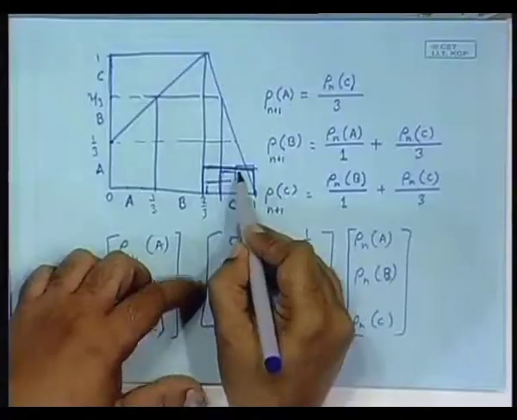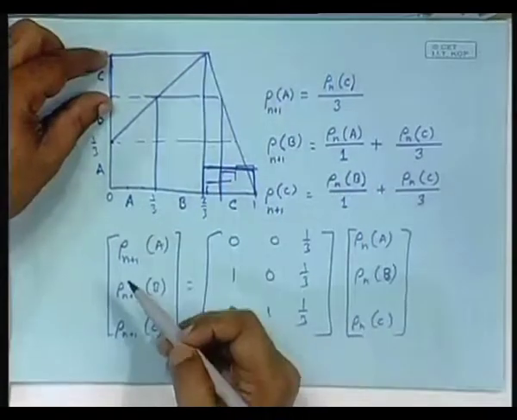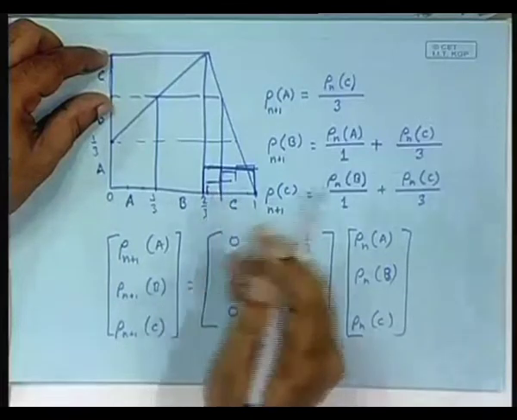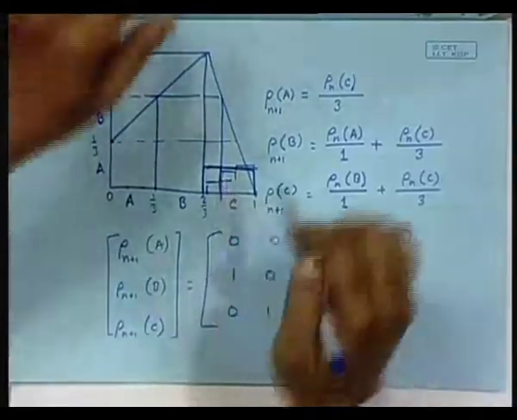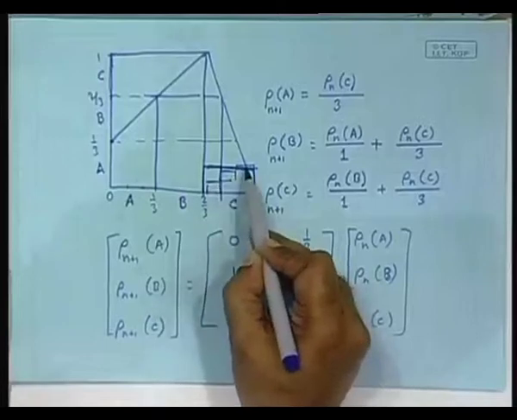If it is uniform, even if you start from different densities within these 3 chunks, they will ultimately even out. Why? Because C is coming from B and only one part of this, which is uniform. Try that at home by writing a code, starting from different initial conditions, different densities, and you will find that mysteriously they all even out. Why? Because of the Markov map property. Okay, let us stop now and we will continue in the next class.